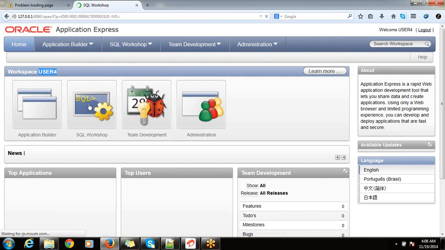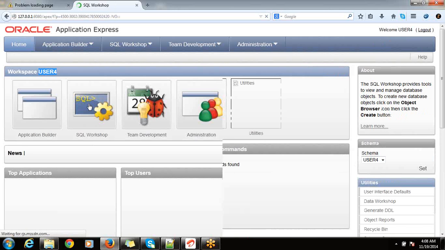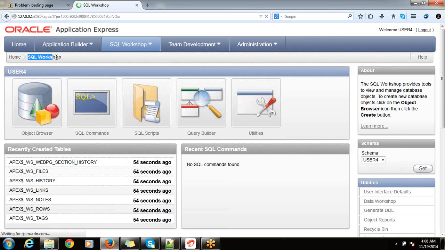In SQL workshop, there is SQL commands and SQL scripts. For now we begin with SQL commands. So I am going to take you into SQL commands.